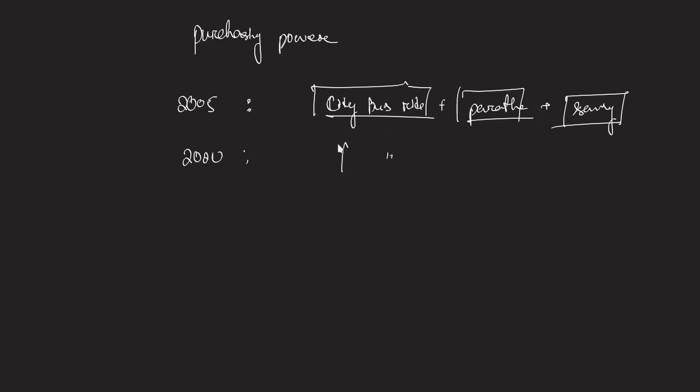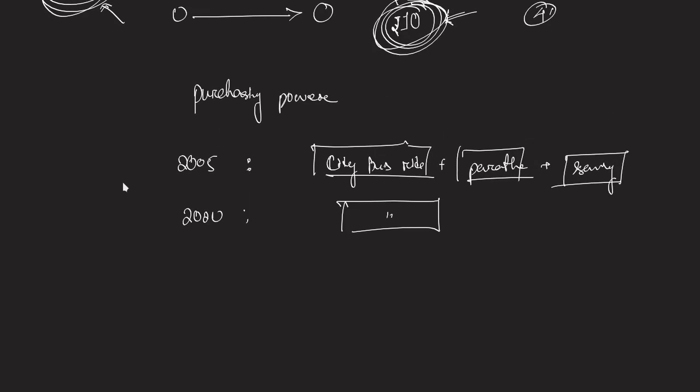So obviously in 2005 its purchasing power was greater compared to 2020. That is why the index number tells us how powerful the note is: how powerful a 10 rupee note is in the current period, and how powerful it was in the base period. And with these changes, we know the value of 10 rupees in 2020 has fallen compared to 2005. So if a parent in 2005 sent the student with 10 rupees, now if the parent sends the student with 10 rupees it will not work, because that will buy nothing, so you will have